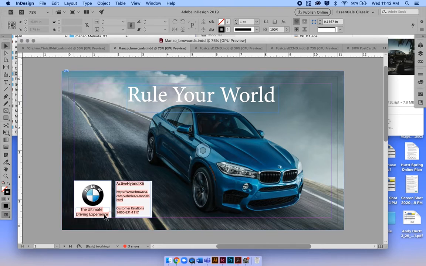Like what we've done here with the logo, doing the ultimate driving experience. I didn't require that, but some people included it. Works well as long as it's done properly, which this is. You have that free space. That's kind of what that free space is intended for. And then creating this